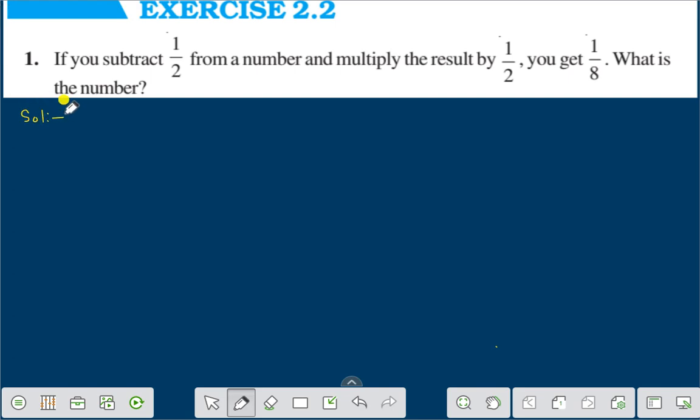Let the number be x. According to the question,